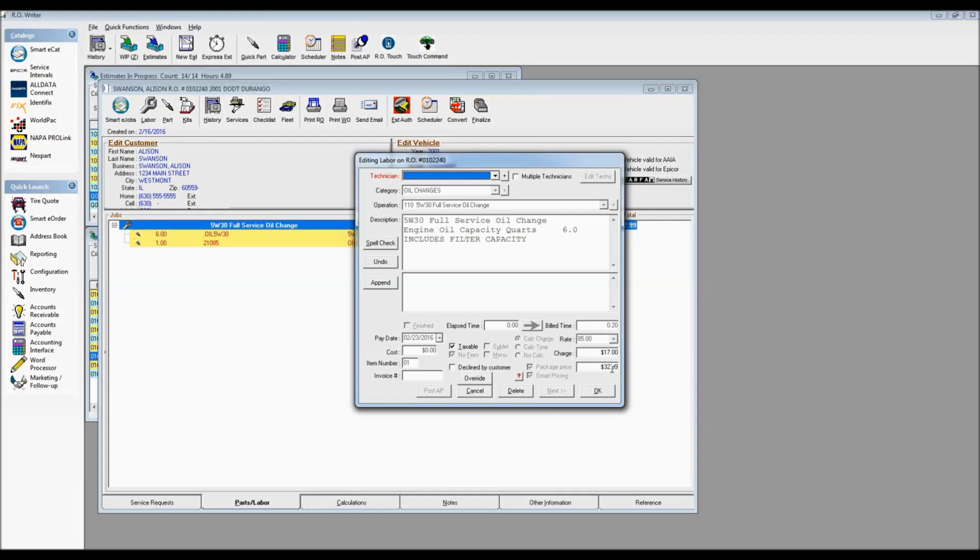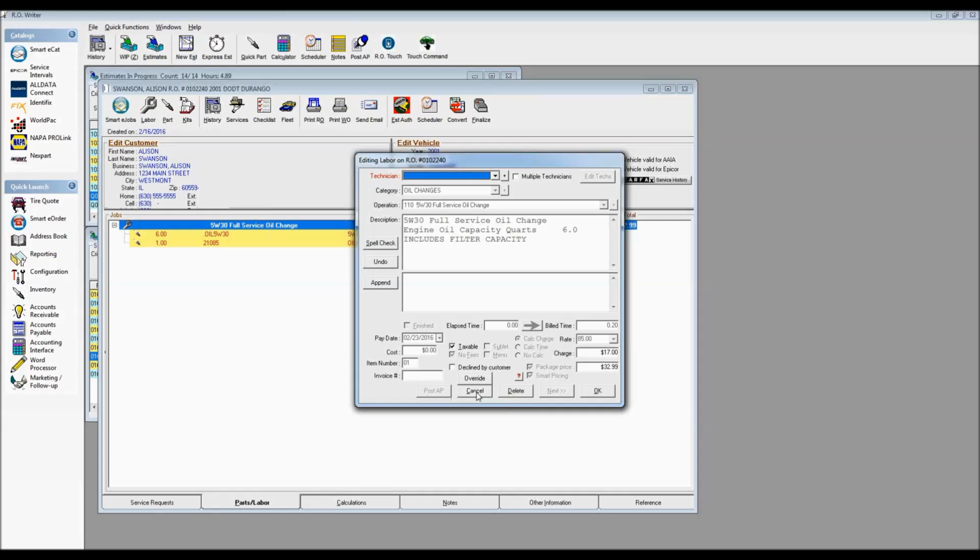One other point to make as we're looking at these here, you'll notice all of my options in this window are grayed out. They were also grayed out as we were looking at the part as well. I had minimal opportunity to change information such as the supplier, the cost, or the sell on a particular item. With version 1.30, we introduced a feature called price locking, and it works for either package jobs and/or parts in inventory, where you can tell the system that there is a specific price established for this, and the only way that I could modify away from that would be if I was to override the lock on this particular